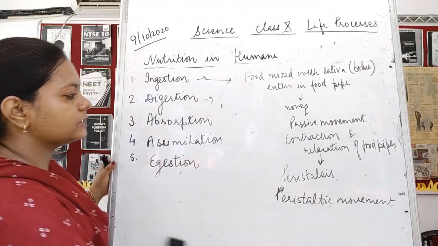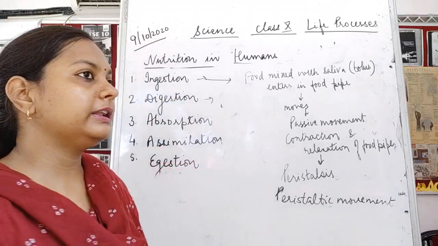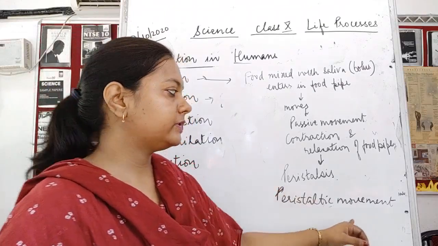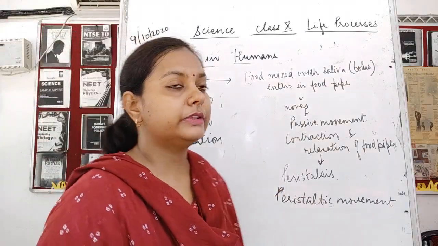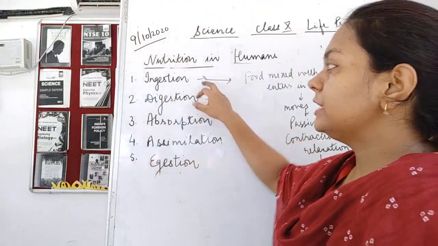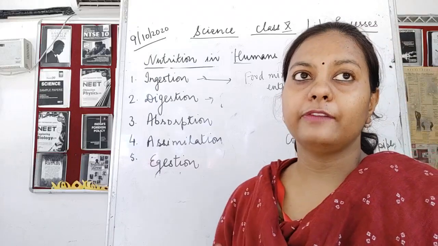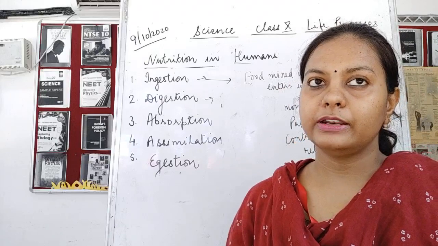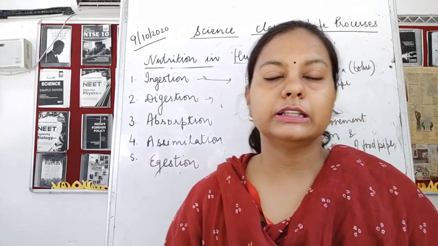So please remember, what is peristalsis? It is a continuous movement of the food material through the food pipe. It is a passive process where no energy is required, and this is known as peristaltic movement. Ingestion is complete now. We have the tongue and teeth for masticating the food, then it is mixed with the salivary gland secretion, which is the saliva. I'll deal more with it in the next class, children.